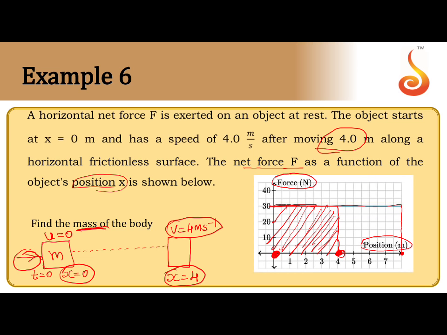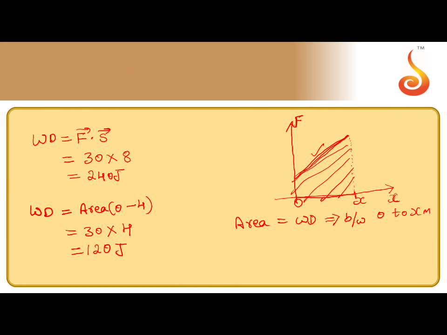Where did that work go? Where did that energy spent go? It appears in the form of kinetic energy. The body gained velocity. So this should be equated to half m v square. The work done by the force is not increasing the height, but it is increasing the velocity. Therefore, the body is gaining kinetic energy. Hence, I am replacing work done with kinetic energy.